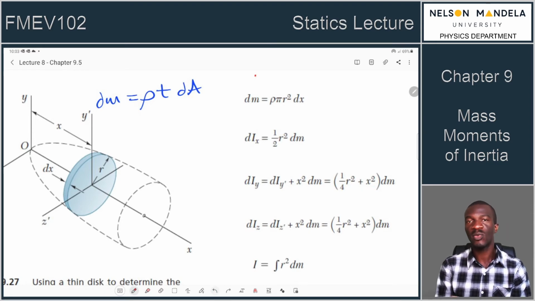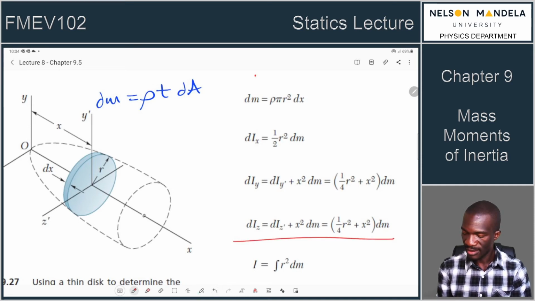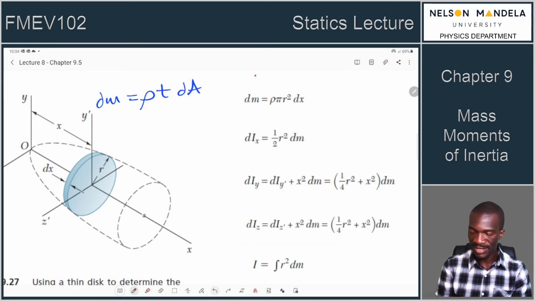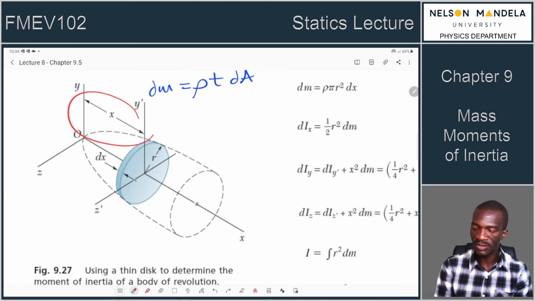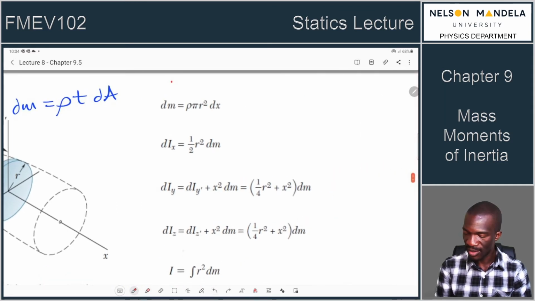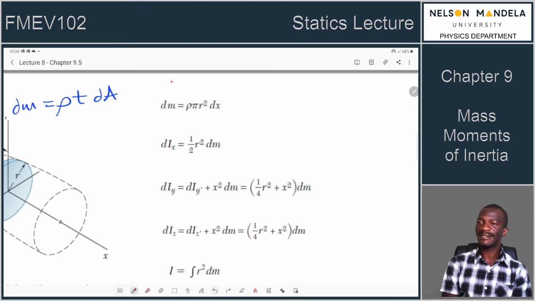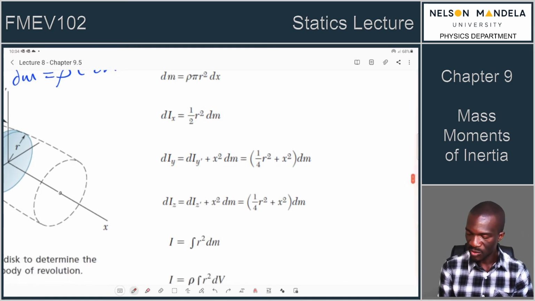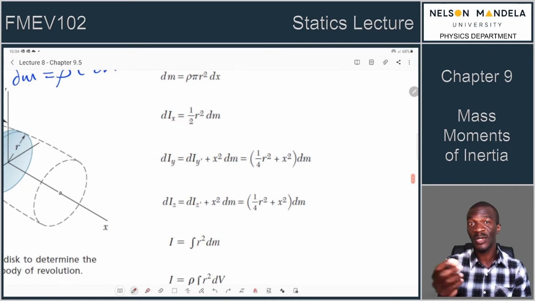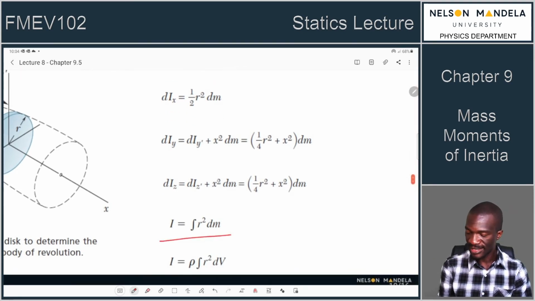So I think this one is a matter of just converting from one system to the other. In the iz, by what distance is it from the z-axis? From the z-axis, we still have a distance x. So that's why our iz also looks like the iy, because both axes are some distance x from this element. So now when you have defined your area element in terms of where it is located, then you can integrate away to get your